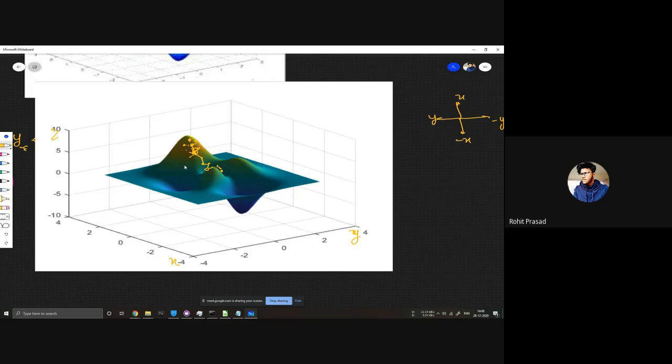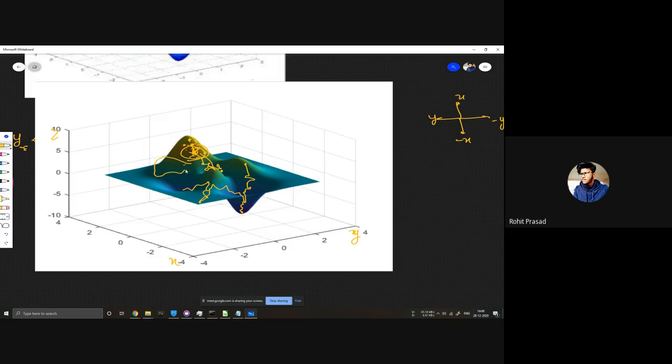Most of the time you will get your minima, but in 20 or 30% of cases it depends on how you choose your initial value. If you choose an initial value here, then it will be easier to get here. If you choose a value here, it can go here and then here, or it can go here. If you choose anywhere in this area, it tends to go to this one.